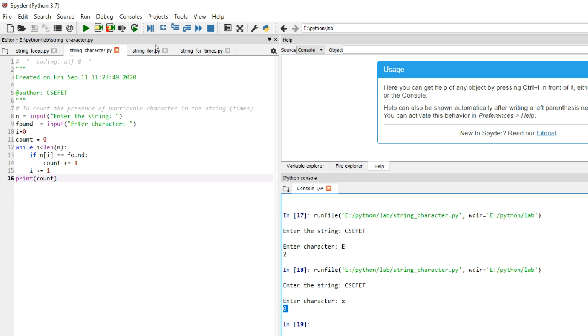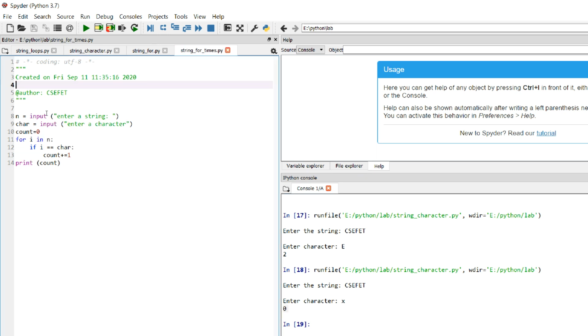Now the same program can be rewritten using a for loop, and it becomes a little easier. See how we can do it. The 2 input lines are the same, then we make a count which is used to count the number of times the character has come. There is a small change in the for loop: we do not need to write the length of the string, and we do not need to give less than or equal to or greater than or equal to.